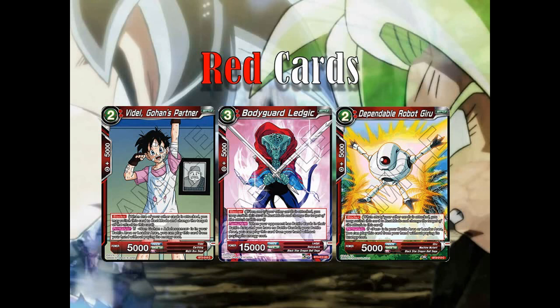Obviously, Universe 7 Gohan is going to be a monster in this upcoming format because of his sheer amount of card draw, the fact that he has access to Vidal, Gohan's partner, as a free blocker that you can play at any time. And on top of that, he's obviously a blue leader, so he can abuse Flute, which is arguably the best card in the game right now. It just creates so many degenerate strategies and just draws so many cards. So you definitely are going to need to have some kind of free defense or cheap defense in order to